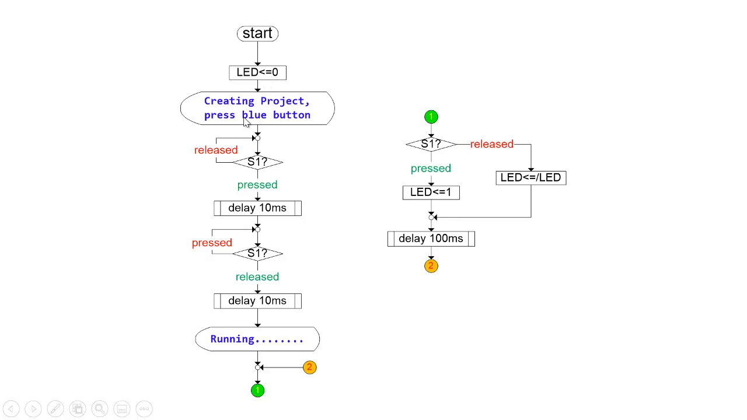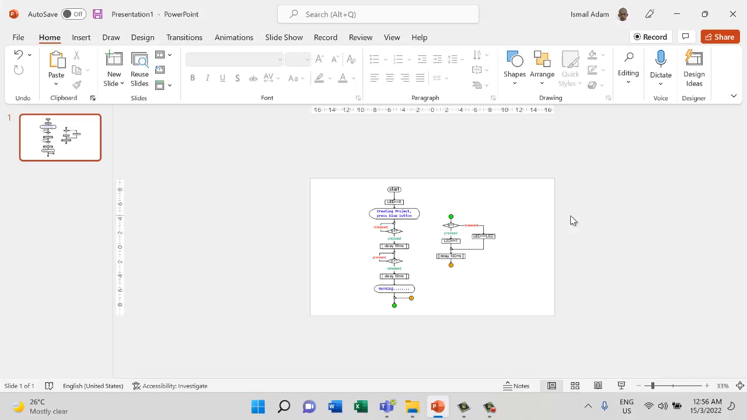Creating project: press blue button, release. Wait for the button press, hit the button and wait for the button release, then print out "running". And then in the sub loop, wait for the switch. If the switch is pressed, then turn on the LED. If the button is released, then toggle the LED every 100 milliseconds. Right, so we go to the